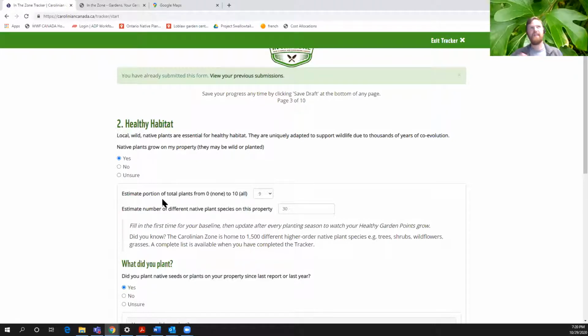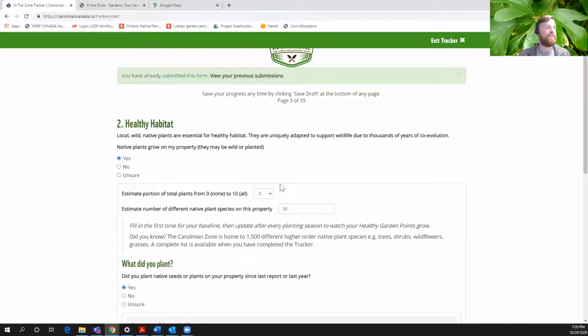So basically, you're going to take your whole property, your whole garden area where plants are, and ask yourself if you were to smush all the native plants to one side and all the non-native plants to the other side, and counted up the area, the total area of your native plants versus the total, what would it be?